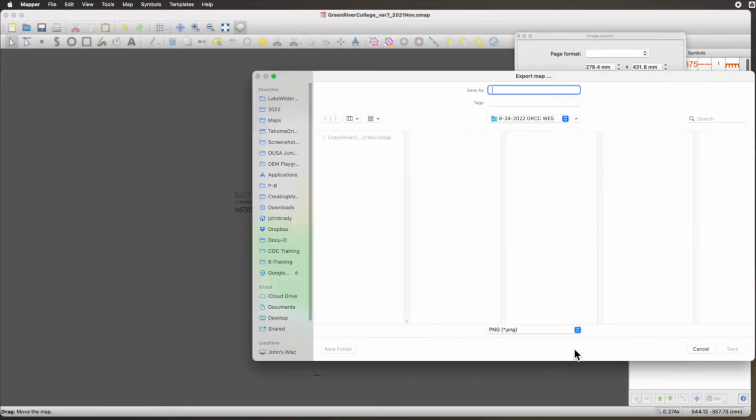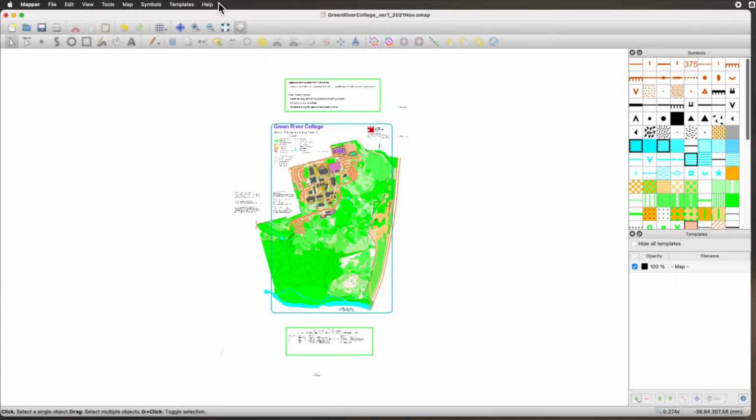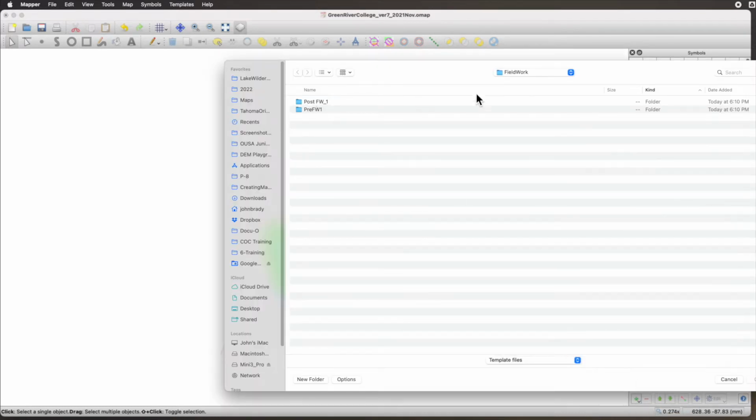Hit the export button. It's going to ask me where I want it. I'm just going to call this FW1 for Fieldwork 1. Save it. 600 DPI is a lot. But I'm going to go back to the templates now and bring that in by selecting Open